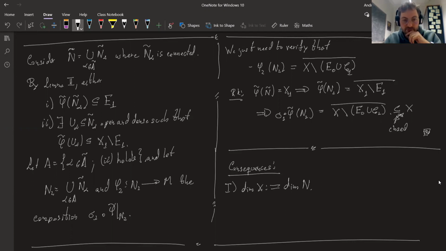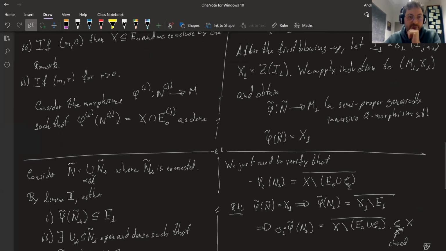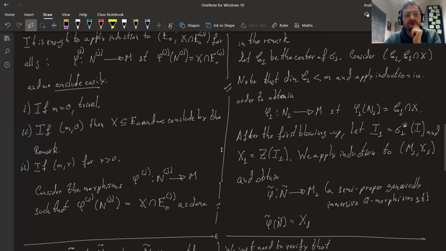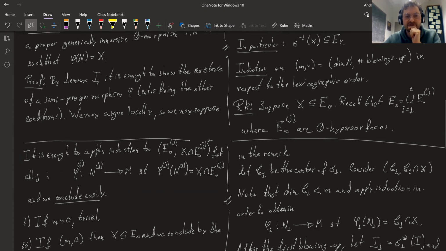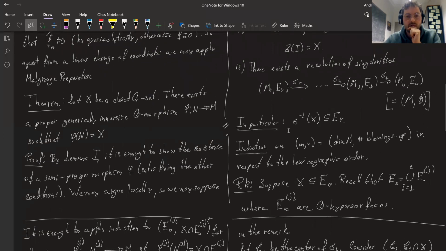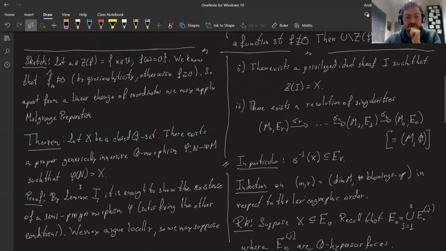The other comment is that the proof that I have here is slightly different from the proof that I learned from Bierstone and Milman's paper about the uniformization of analytic sets. But the idea is exactly the same. The only difference is that Bierstone and Milman use local resolution of singularities instead of global resolution of singularities, so they don't have this nice sequence of blowing ups, just a local sequence of blowing ups. And this means that the combinatorics is more complicated.